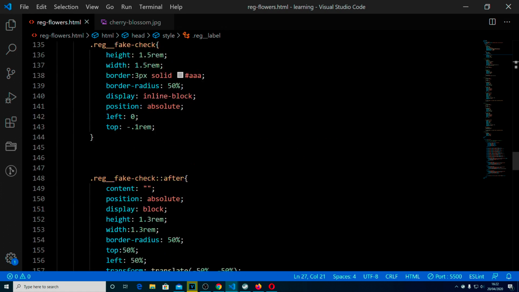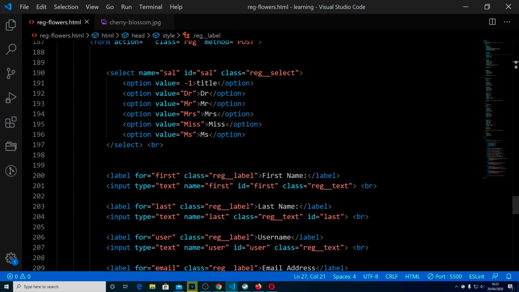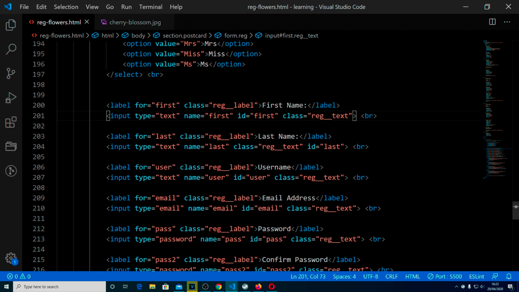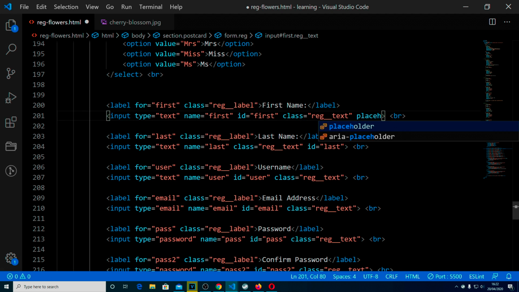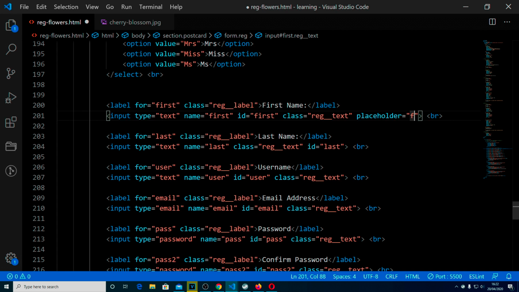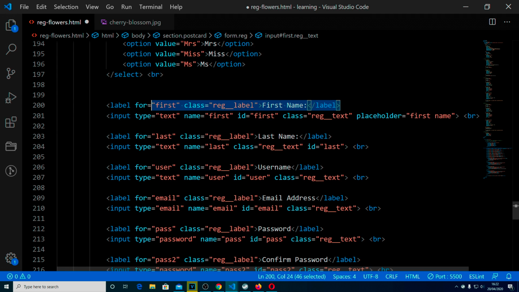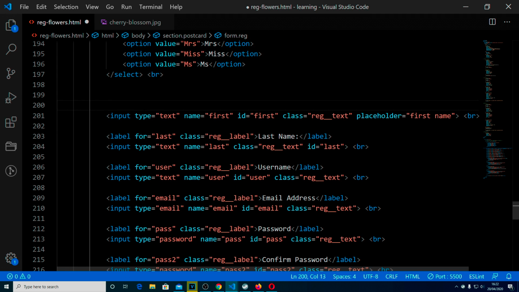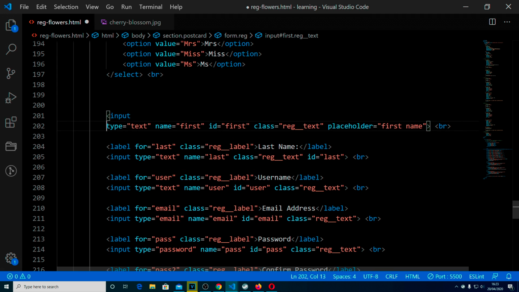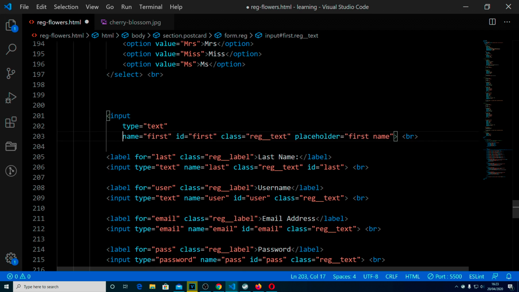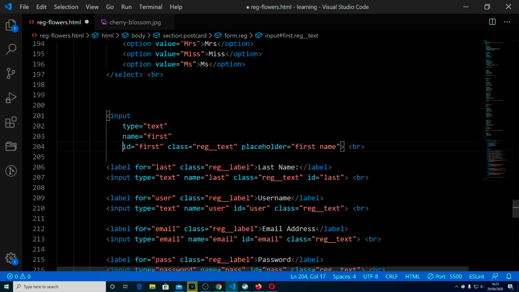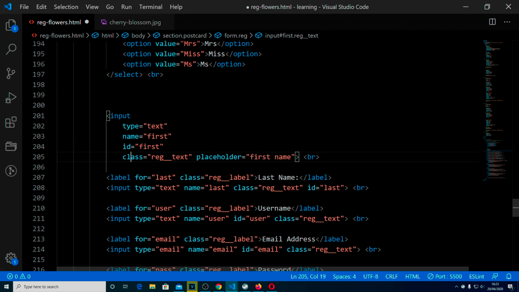So again, this is the HTML part that we're working on. Inside here, just before that closing bracket, we can type placeholder and then first name. Another thing I'm going to show you here is not just deleting that, but a lot of people quite like the idea of putting your attributes on different lines, and in HTML you can do that, and it does make it feel a little bit more object orientated,